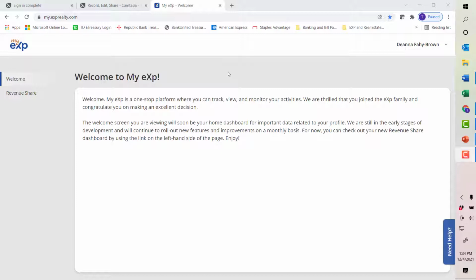Next stop on our tour is revenue share. Revenue share was once a component visible and accessible through eXp Enterprise, but now it has branched off. I think that happened sometime in the last year or so, and it is a platform all its own. To access your revenue share at any time, you'll go to your web browser and you'll go to